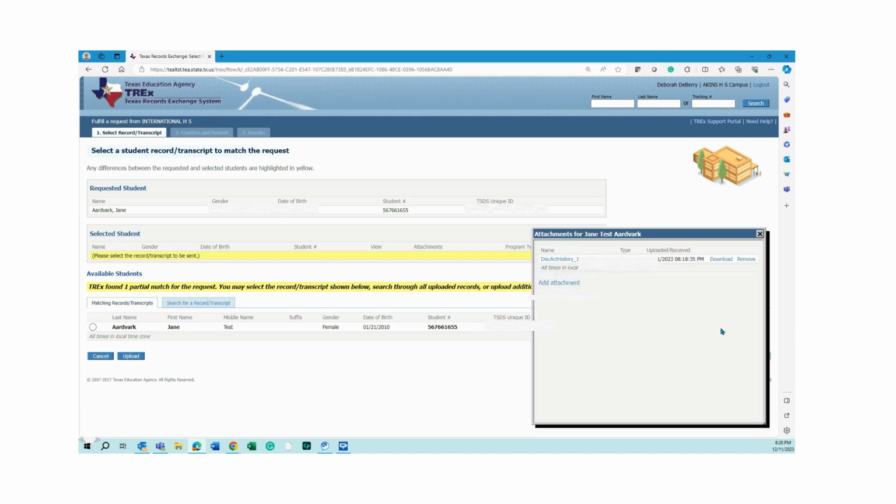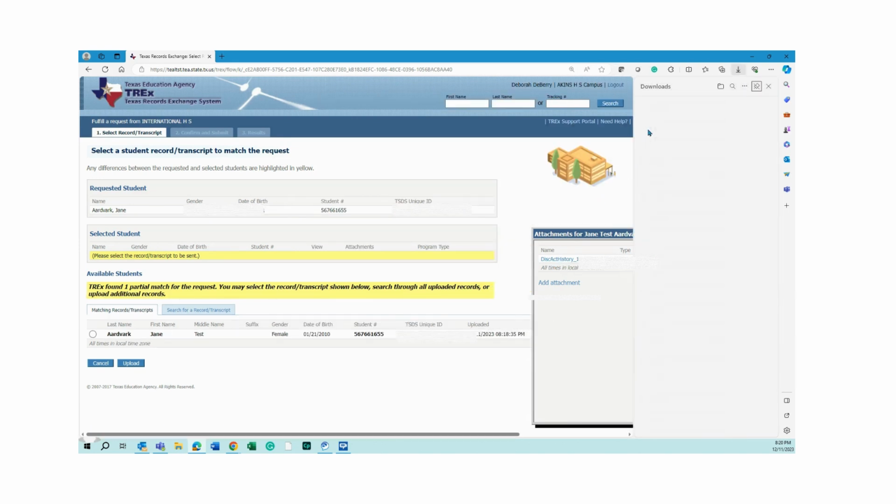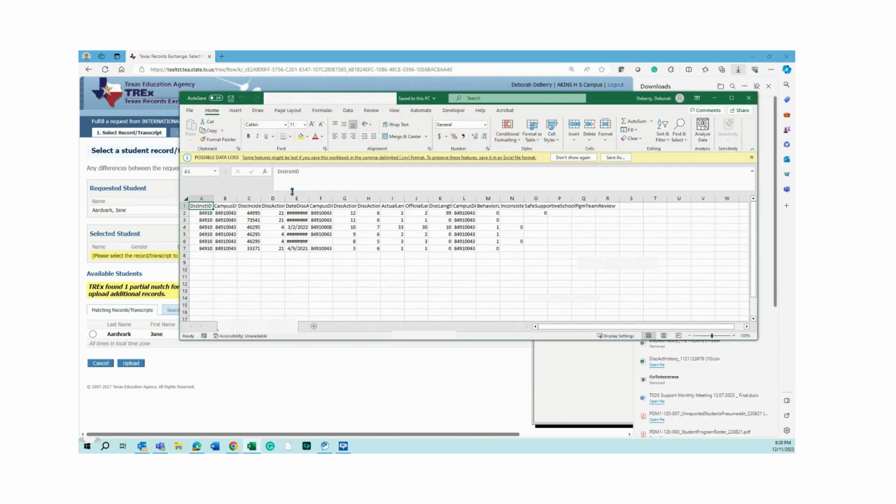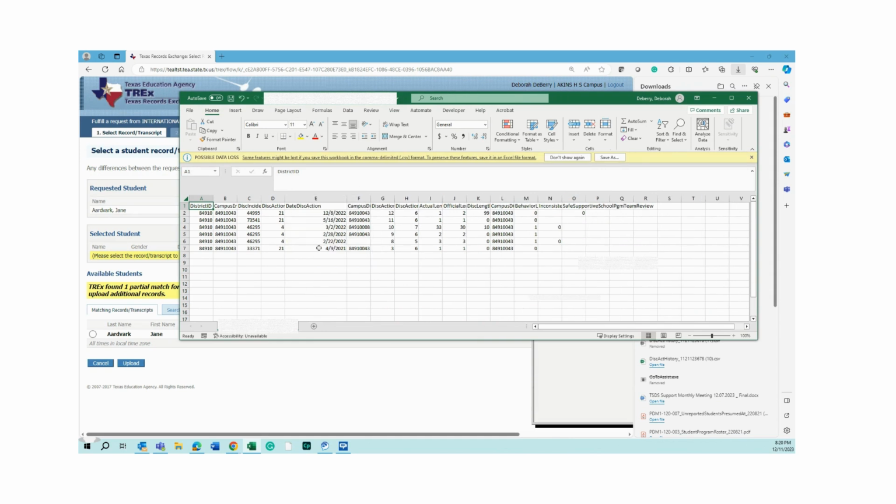If I click on the attachment, I can see the file is named Dis Act History. I can open this file, and I can see it opens as an XML file, and these are the discipline incidents that were reported on PEIMS summer files for Jane.